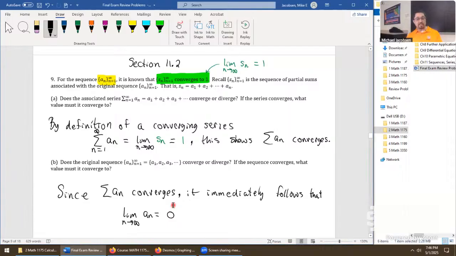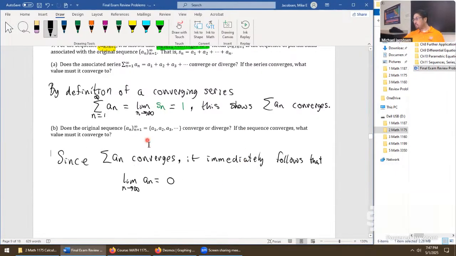If we take the contrapositive of this whole statement here, we'd say if the limit is not 0 or does not exist, this does not converge, i.e. diverges. This is just the same statement in a different order, relayed through by the contrapositive. So since an converges, it follows that the limit is 0. We didn't answer this yet, so let's put it down here on paper. So an, just writing it out as a sequence, converges.